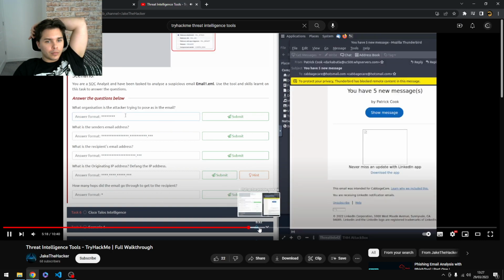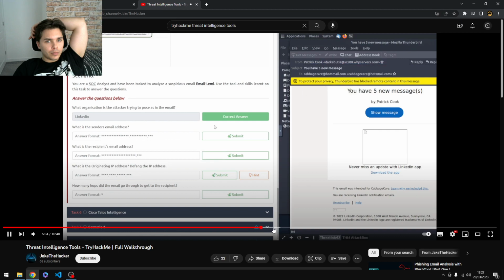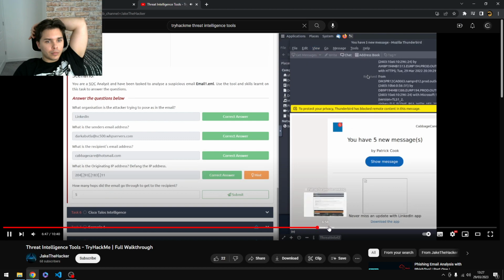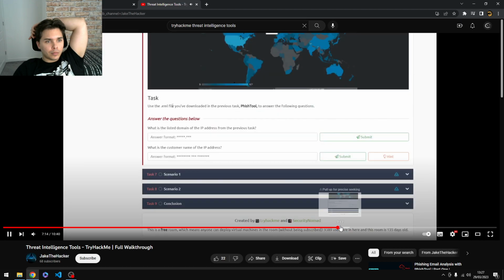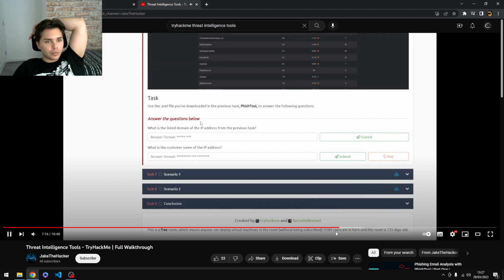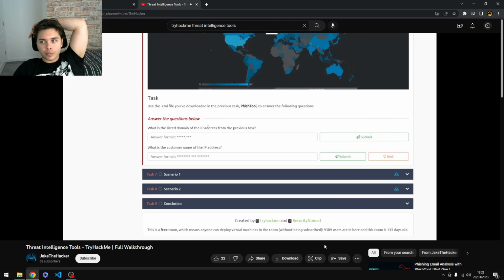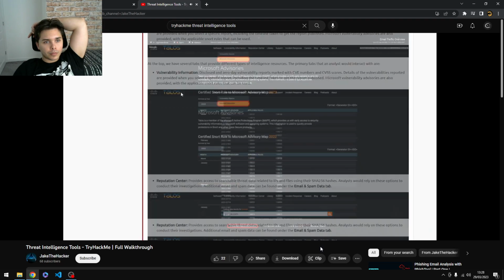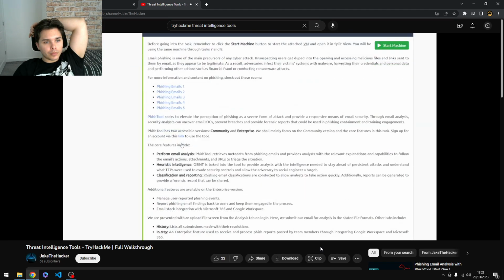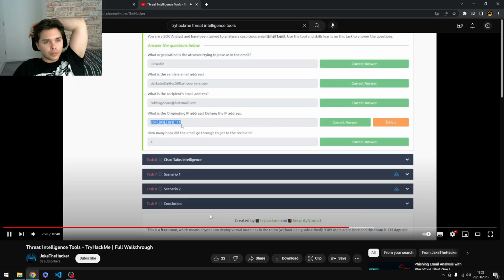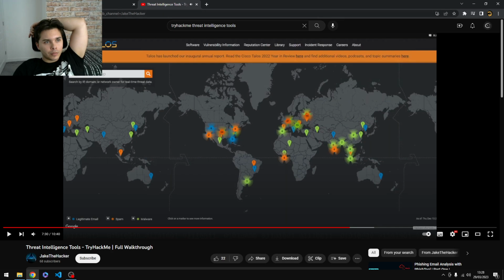We'll go ahead and type that in and see if we can copy that. This is Hotmail, with four different emails to use. Use the email file you've downloaded in the previous task. The first question is, what is the listed domain of the IP address from the previous task? So we'll go back to the last task here. We'll copy this IP and we'll go to